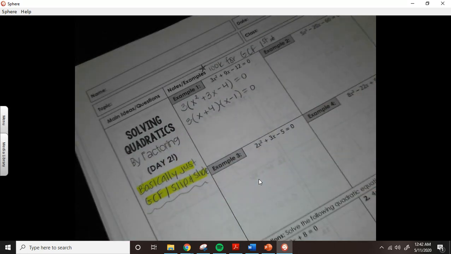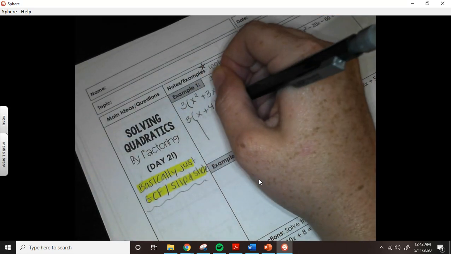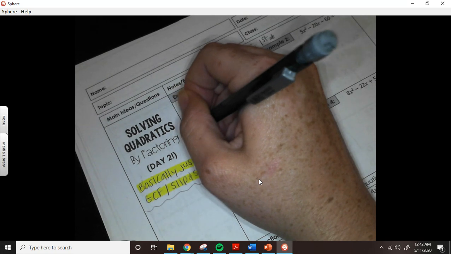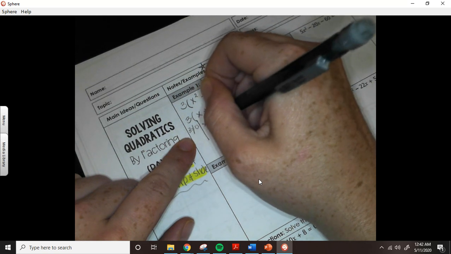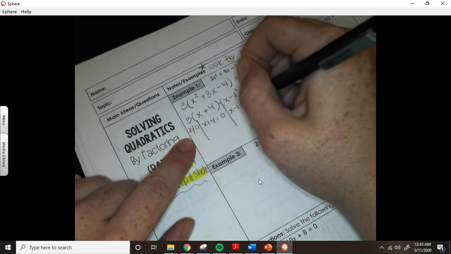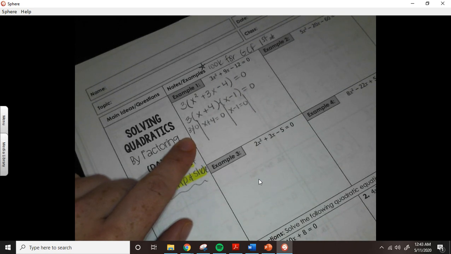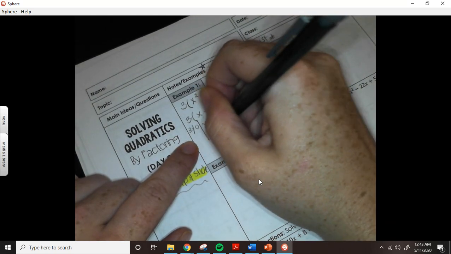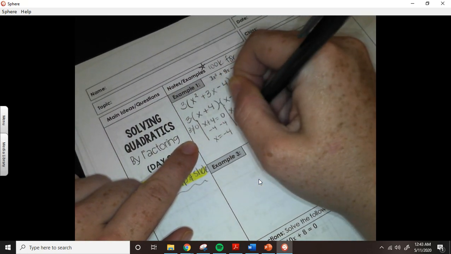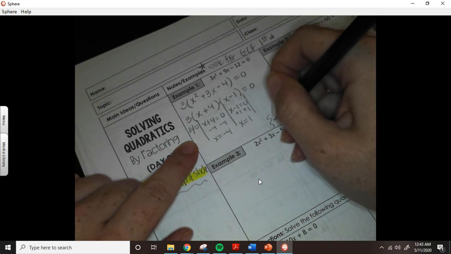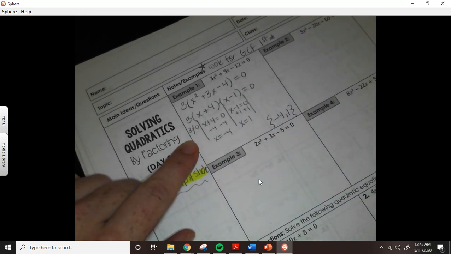Okay, if you recall from Friday, we have to set each of our factors equal to 0. And in this case, we have 3 factors because there are 3 things being multiplied. So 3 equals 0? Well, no, that doesn't. So there's no solution here. We're going to do x plus 4 equals 0. We're going to do x minus 1 equals 0. So I should have made these little sections bigger, but that's okay. So in this one, you have to subtract 4 on each side, which means x equals -4. To add 1, x equals 1. So our answer would be -4 and 1 with our little